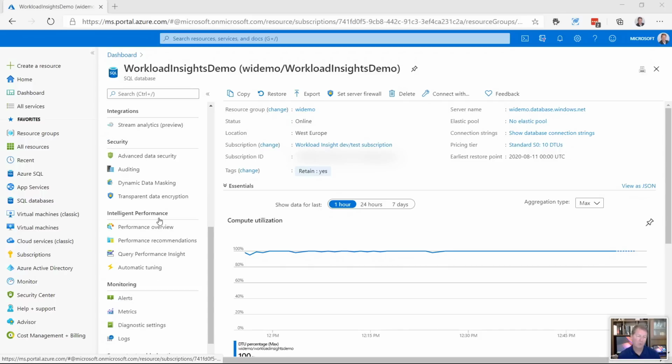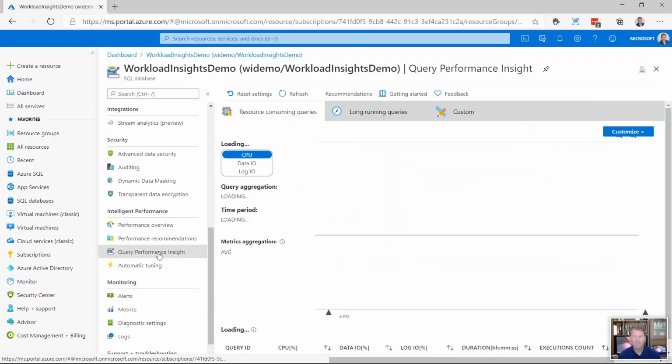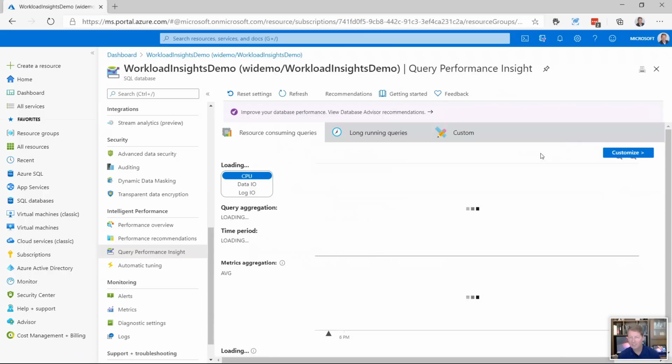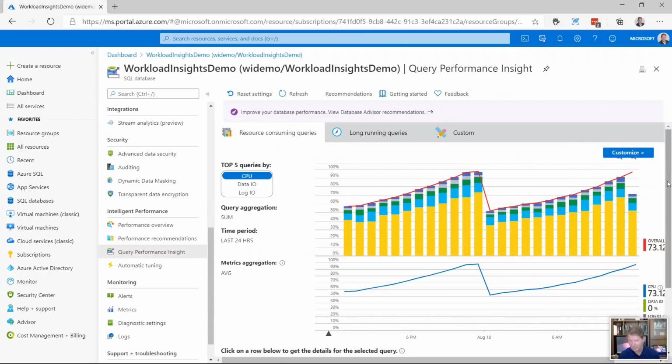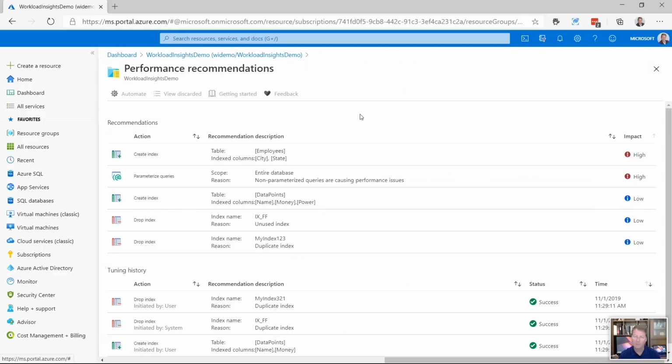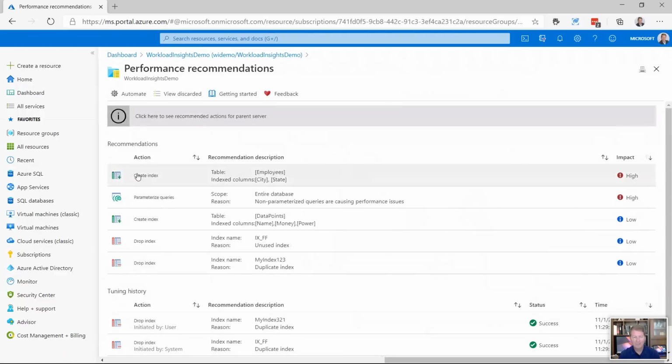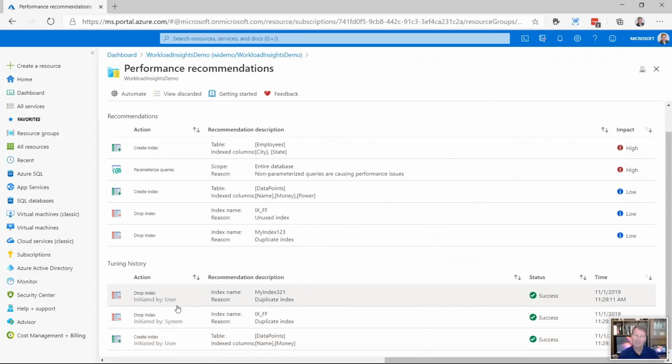So in the Azure portal, I could look at something called Query Performance Insight, which is a visualization to look at query performance in the query store of your database. And you'll notice here at the top, we have looked at your data behind the scenes, not your data. We've looked at your queries behind the scenes, your workload, and we have recommendations for you. We call it Database Advisor. And these recommendations could involve indexes that you should create or indexes you should drop. And we even have a history here of tuning that's been done.